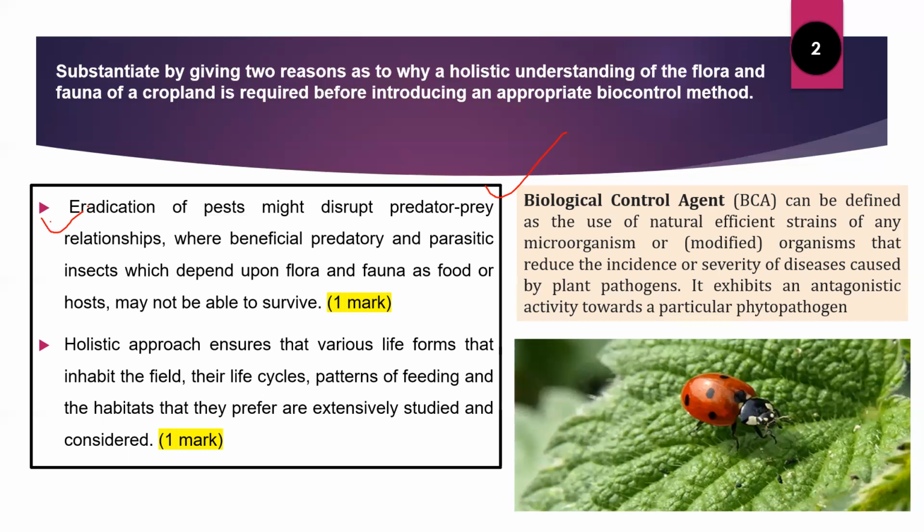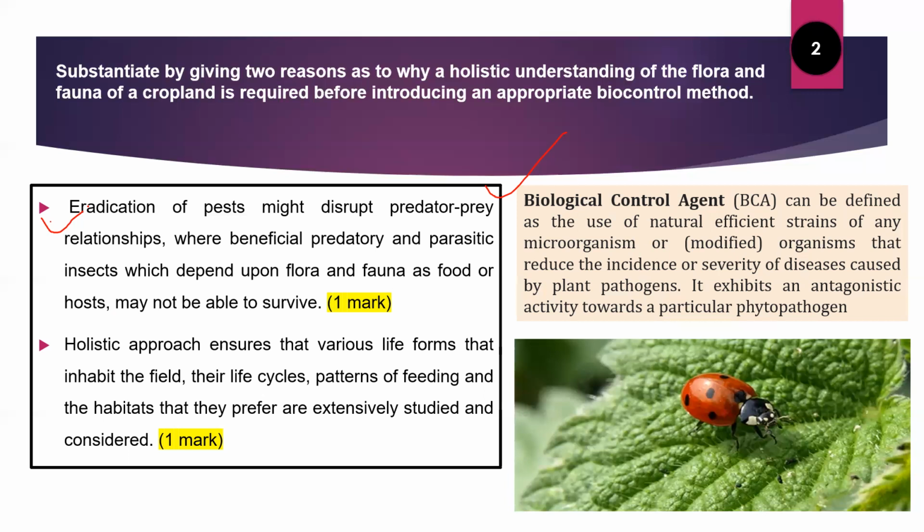insects. For example, honeybees might be eradicated if we introduce some enemies of honeybees, or some beneficial microbes which are involved in nourishing the soil. And if we introduce some other microbes that might release some chemical agents that will kill the beneficial microbes, that is also not what we expect, right? So if we have a proper understanding or holistic understanding,